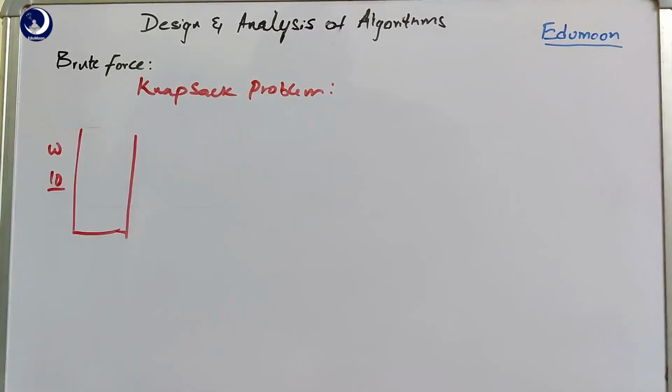So here I take a knapsack with a weight of 10, let me assume kgs. This knapsack can hold a maximum of 10 kgs of weight, so it cannot accommodate more than that. So assume that we have some n items; here let me take 4 items, or else 3 items.